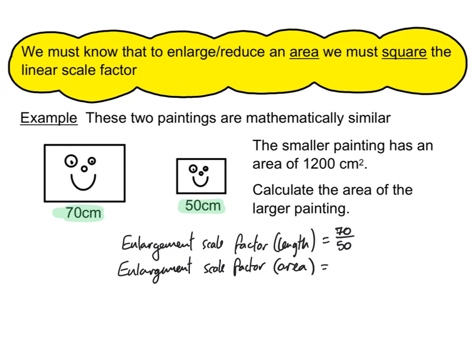And what we've got up here, remember, to enlarge or reduce an area, we must square the linear scale factor. So if this is our scale factor for length, then our scale factor for area is simply that squared, and it is that easy. We're just going to put 70 over 50 in brackets, close the bracket and put a squared sign outside it. What we then do is, for the last part, we can just write the area of larger painting